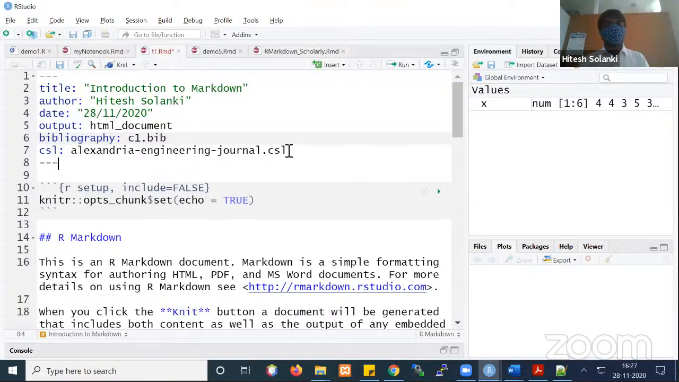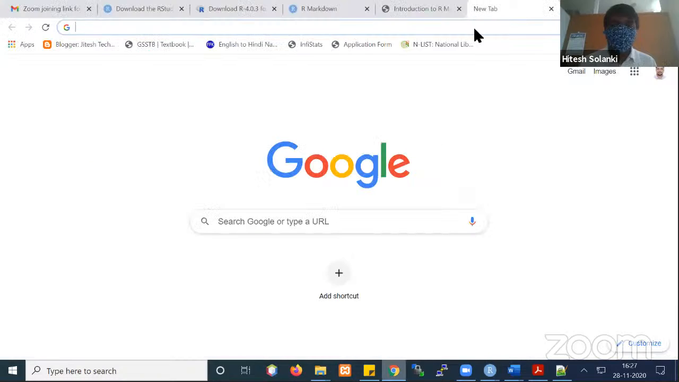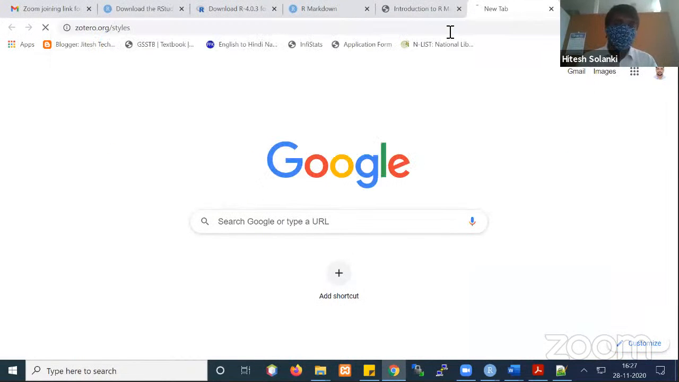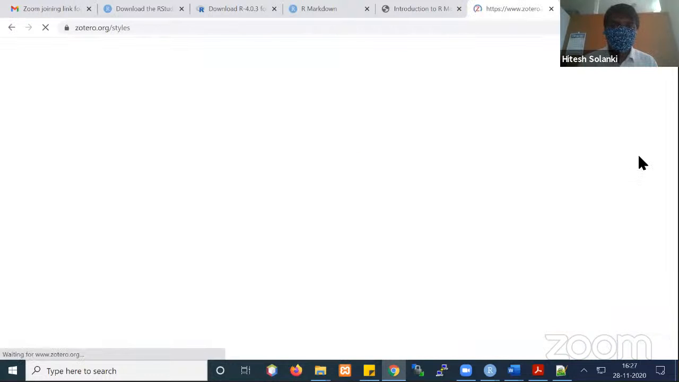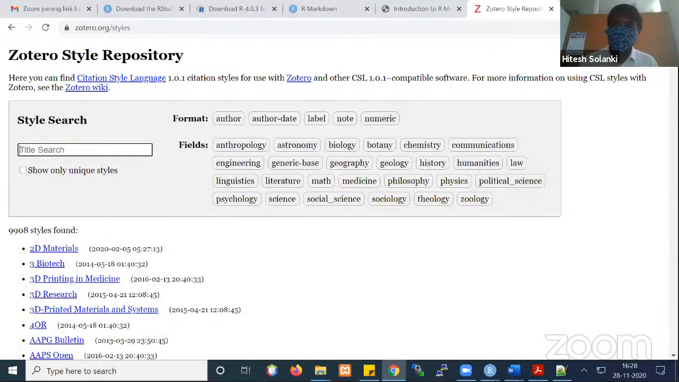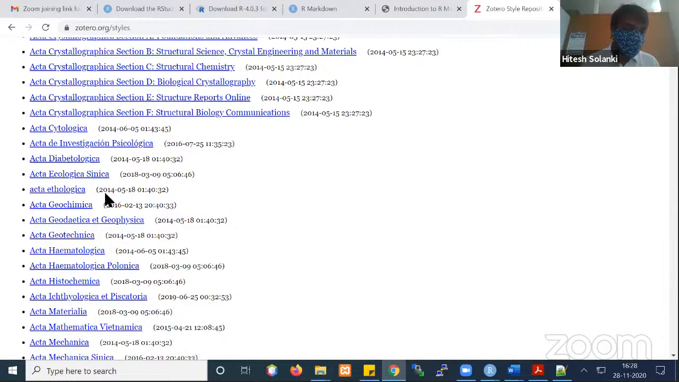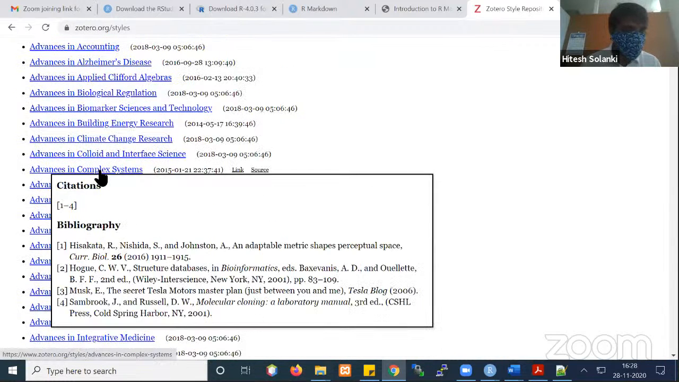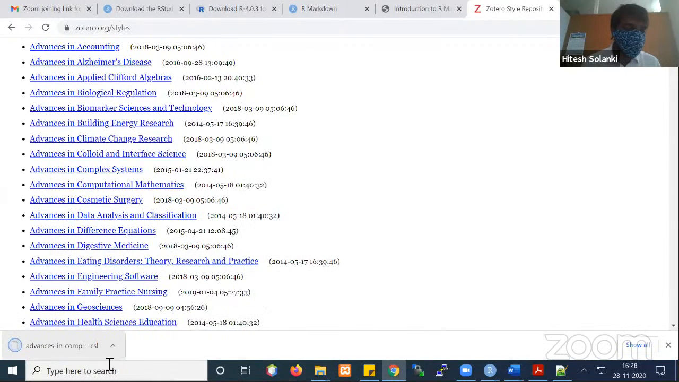Each journal will have a citation style. You can download that citation style from here, zotero.org/styles. Here a list of citation styles is available. You can download one for any journal, more than 3000. Let's say I would like to publish in this particular journal. Just click here, it will be downloaded, and just copy and paste it along